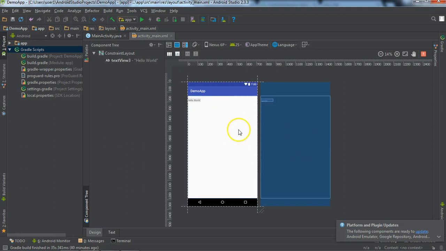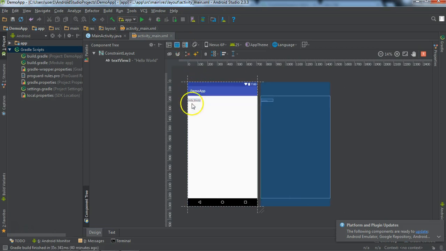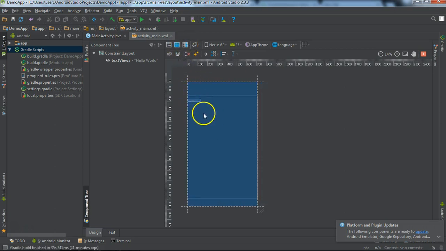So let's work with this one view only for now. Let me just show you the windows that we have here. If we just want to see the design, we can just see it in the preview window. If we want to see the blueprint, we can have the blueprint window. But if you want to see the design and the blueprint, then you can use the third option here. So let's work with only the blueprint window here. So once you click on it,